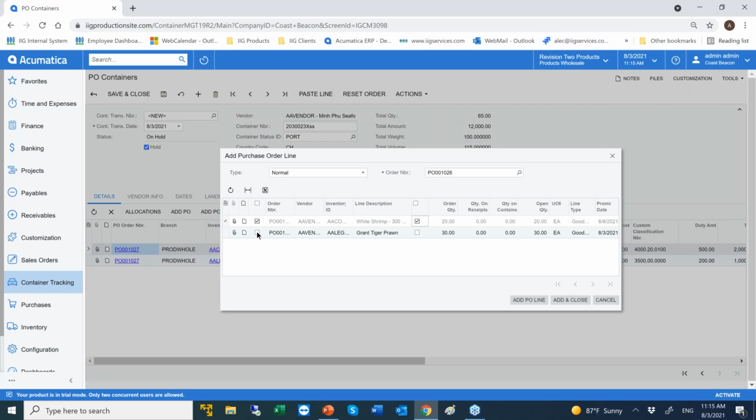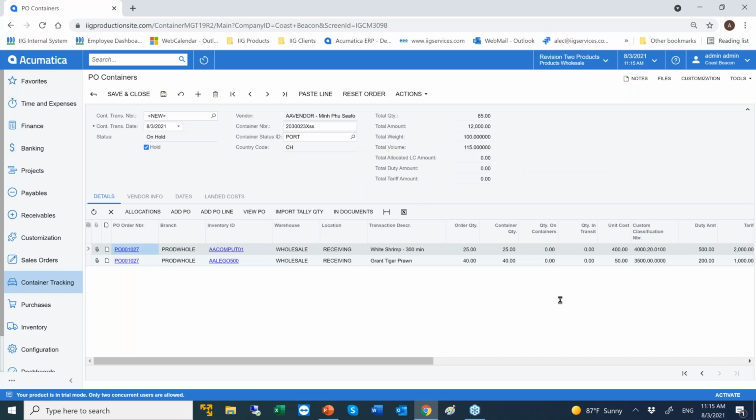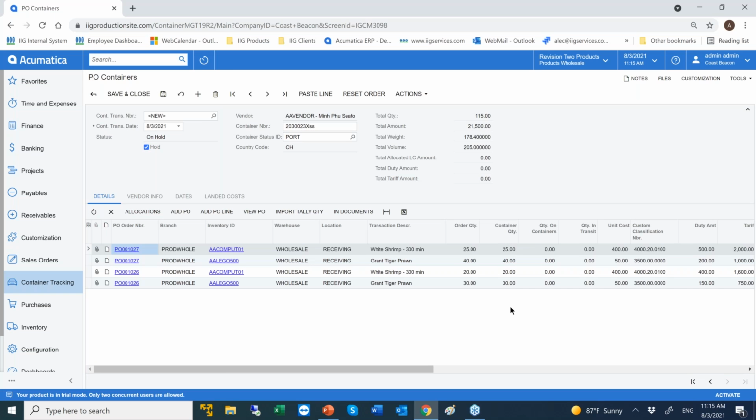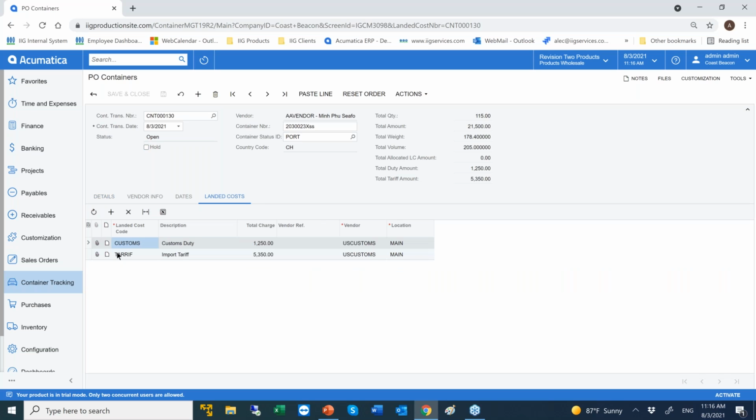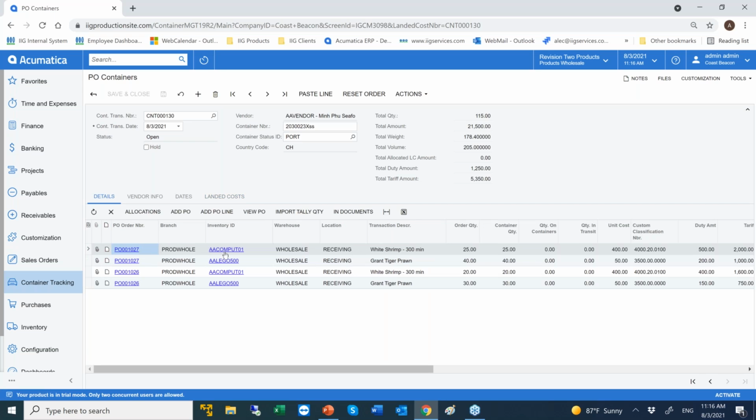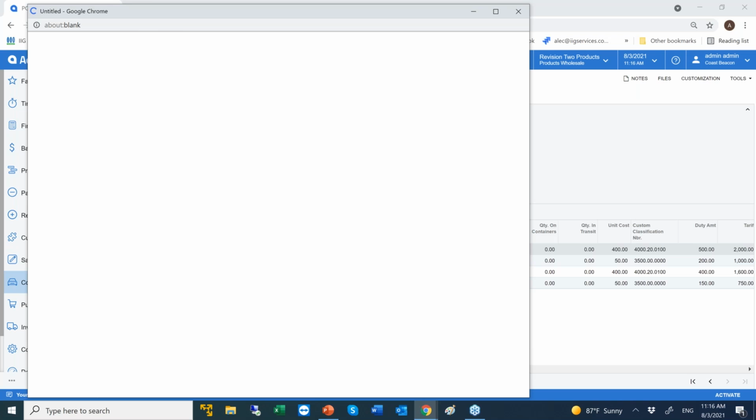So here, we'll do this and enter any quantities that we want, do anything that we want here. So add and close, so these lines get loaded and this information gets loaded here. Now I can remove it off of hold, save it, and I have container transaction number 130 created. I can see here it's calculated customs and tariffs for me for the proper amount. To see where that information comes from, if I click on this line, you would see that